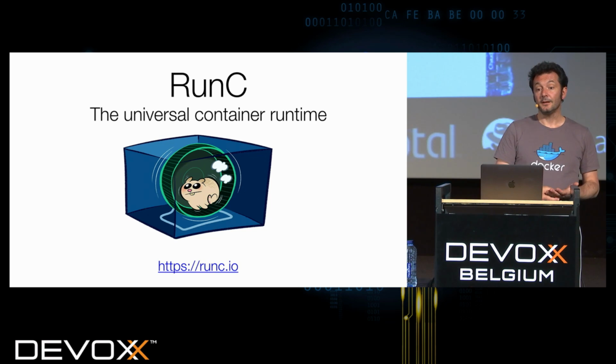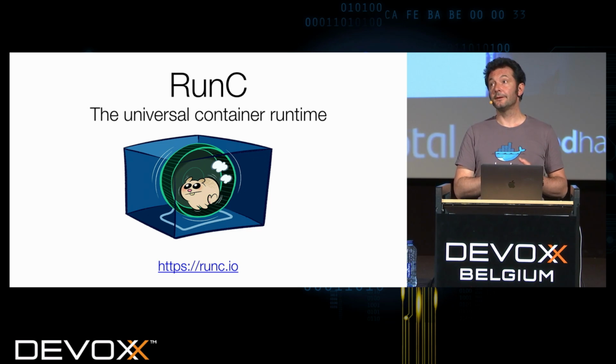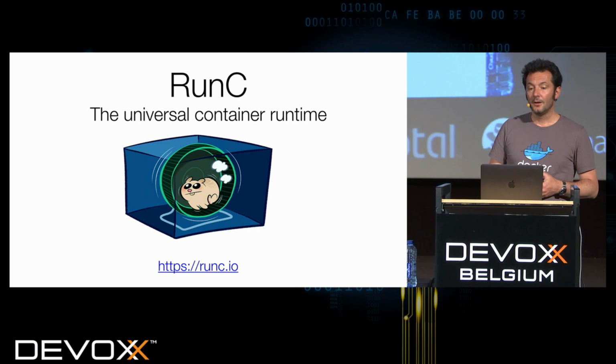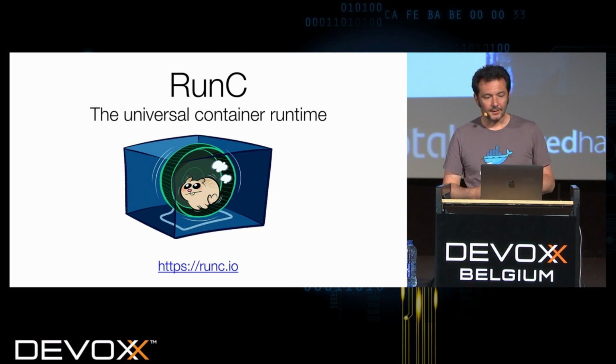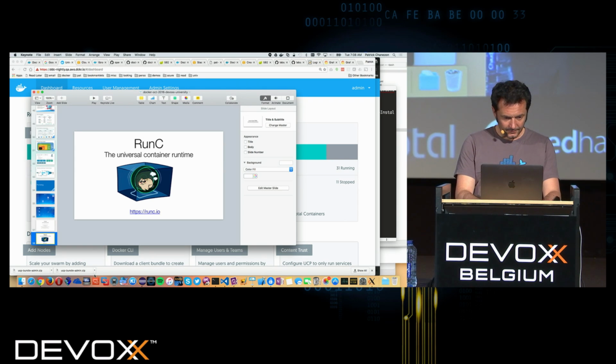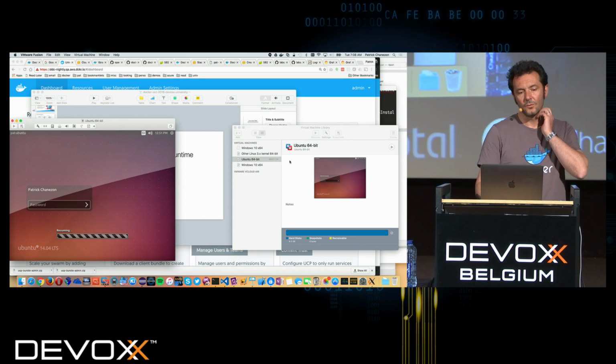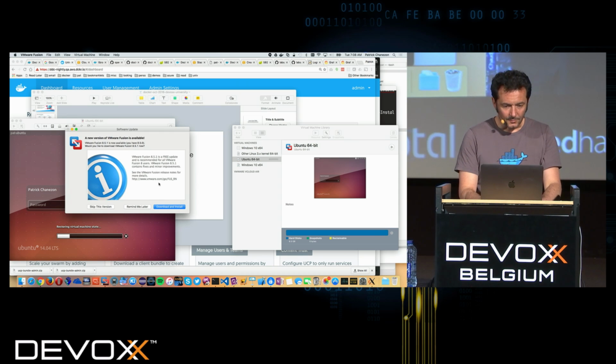runc is the universal container runtime. I think Phil Estes from IBM, who's one of the runc committers, is giving a talk about that later this week. So runc is kind of the heart of Docker. I think we have some time. Maybe I can show you what it looks like. I must have a VM with it running somewhere. Yeah, it's on Ubuntu. I hope I remember my password.